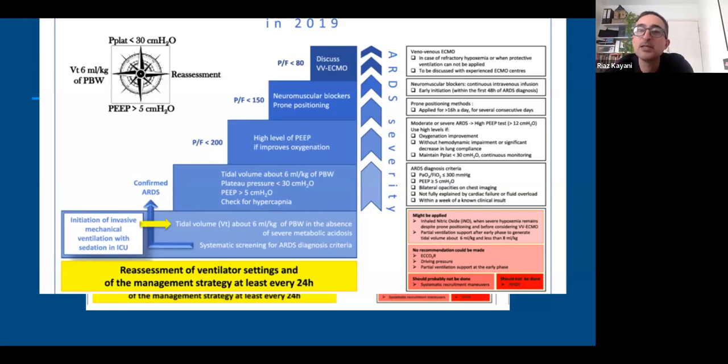So this is not a bad aide-memoire to make me think, well, have I made sure the tidal volume's limited? Have I made sure that PEEP's adequate? Have I made sure that I'm not giving too much oxygen, and I'm doing that by decreasing the saturation limits? I'm making sure there's adequate sedation, adequate neuromuscular blockade, and also making sure that they're not in too positive a fluid balance. So you'll see that every day with patients who are in respiratory failure, and so part of what we're doing is trying to be preventive, but actually we're trying to treat it with these strategies.